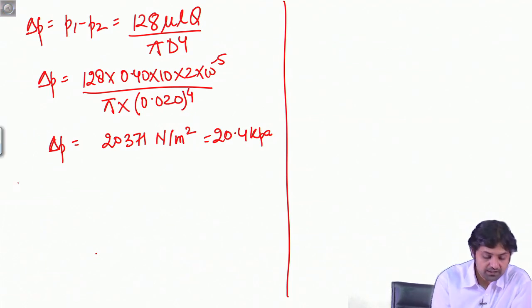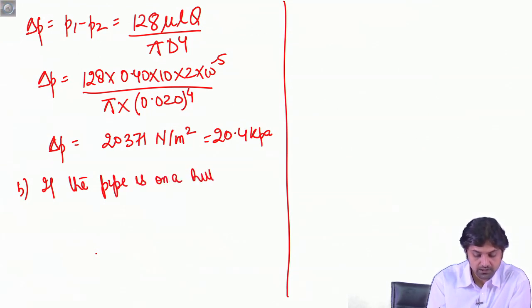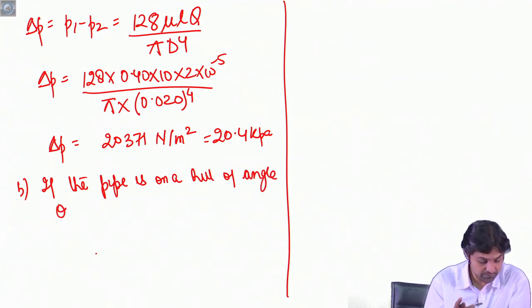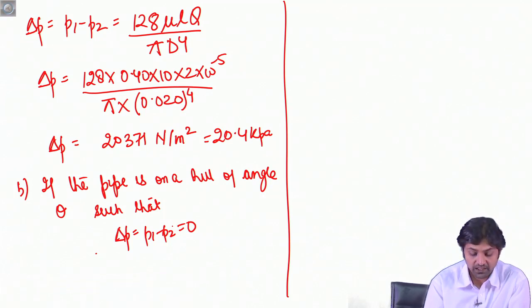The second part says, if the pipe is on a hill of angle theta such that the pressure drop P1 minus P2 is equal to 0. All right. So for this